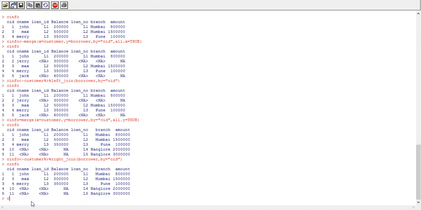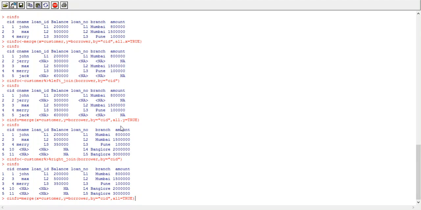Okay, so cinfo equals merge, first data frame is customer, second data frame is borrower, by equals customer id, which is a common attribute, and here all equals TRUE. Okay, because we want to perform full outer join.